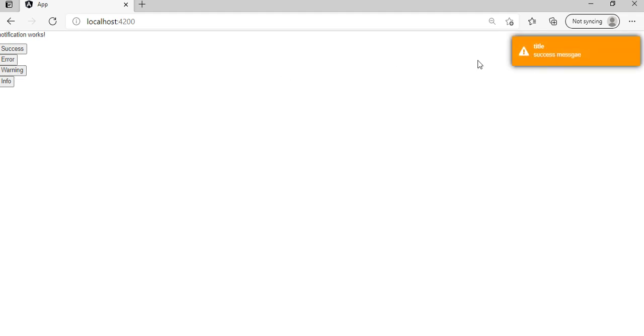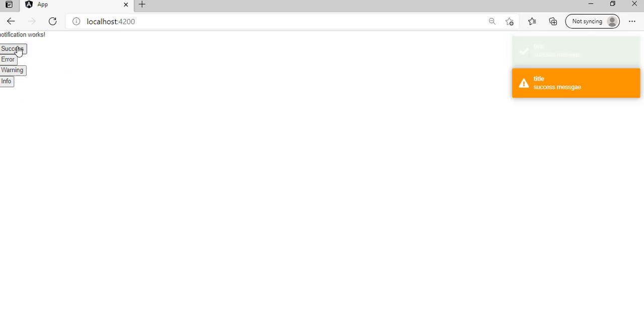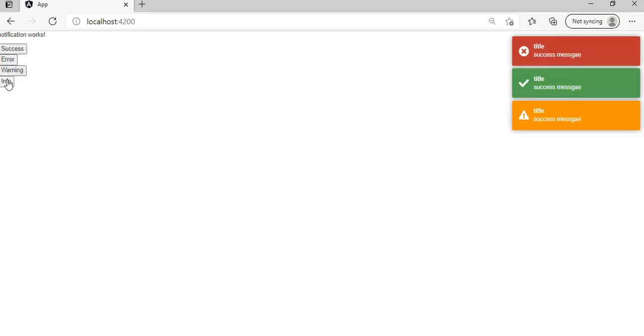And then this is for warning, so warning will be in orange. And then the last one, information. This is for the information with the icon. Correct. So in this way it is very easy to implement different kinds of messages and show them on the browser in just 2 minutes.